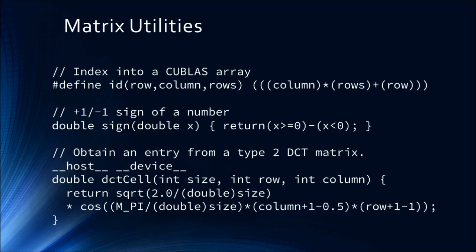Now, I want to draw your attention to this: notice that I didn't use N or M or any other of the common linear algebra abbreviations up here, like with the IDs. And that's very important. You don't do that because the literature is inconsistent. Some will use N for rows, some will use it for columns in their matrices. Some will flip back and forth depending on which author was in the paper, or where they're at in the paper. And some algorithms are inconsistent with other algorithms, so just spell it out, row, column, don't go with N or M.